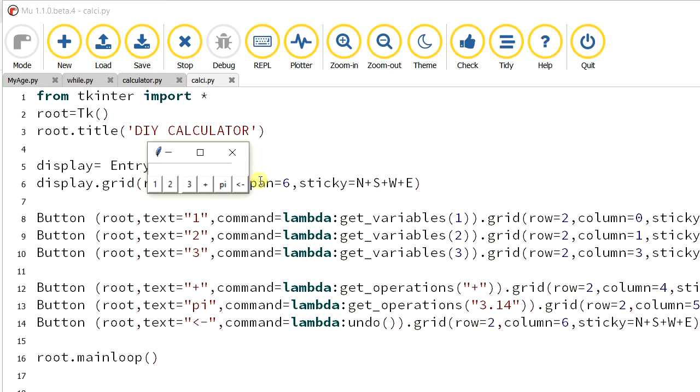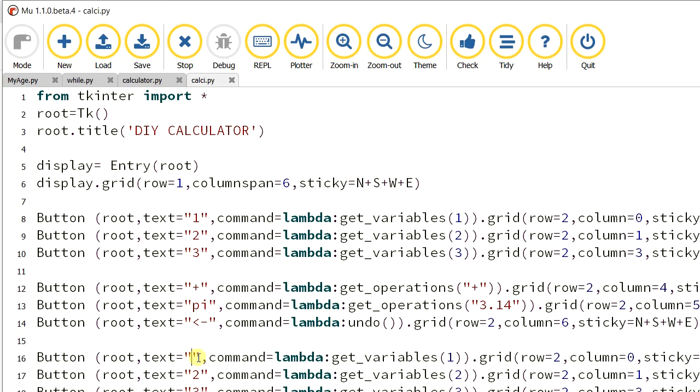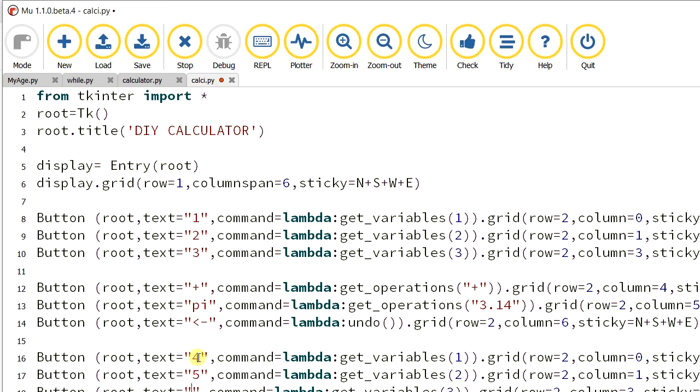Fine. Okay. Let's go for the next thing. Next, what are the numbers needed? 4, 5, 6. Here is what we are going to place in the next row. So 3, 3, 3. Now it seems easy, right? Same column 0, 1 and, sorry, here I missed the number 2.